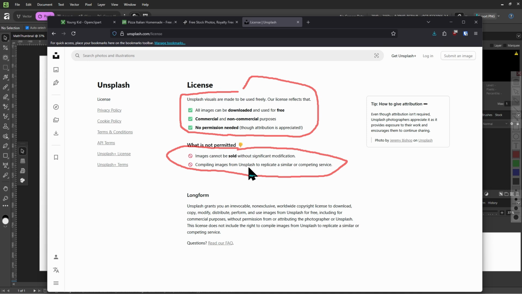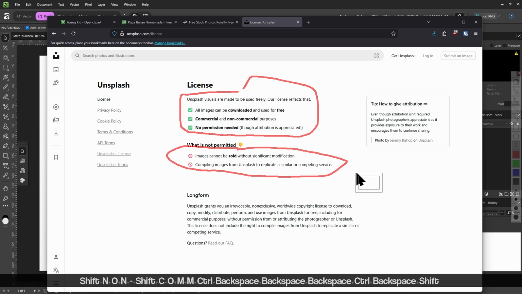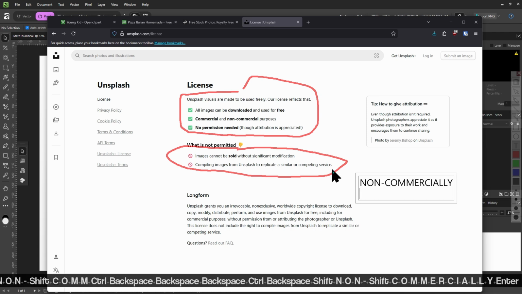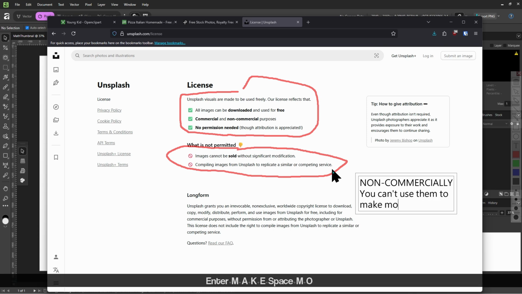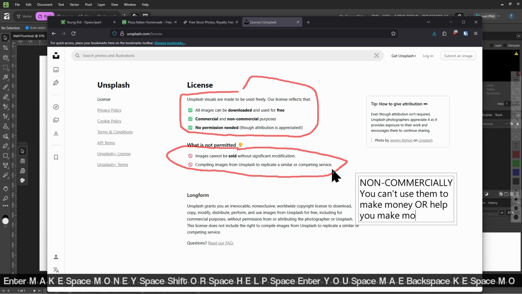And the reason why I emphasize reading the license before downloading is because some websites only allow free users to use their stock images non-commercially, meaning you cannot use them to make money or help you make money in any shape or form.